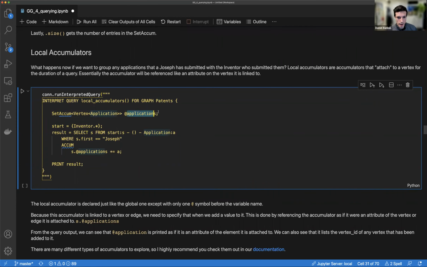So this @applications only has one @ in front of it. Therefore, it is a local accumulator. All I would have to do to make this a global accumulator is add another @. So this is a vertex attached accumulator. And we have, again, our same select statement from our previous queries, except in our accumulate here, what we're going